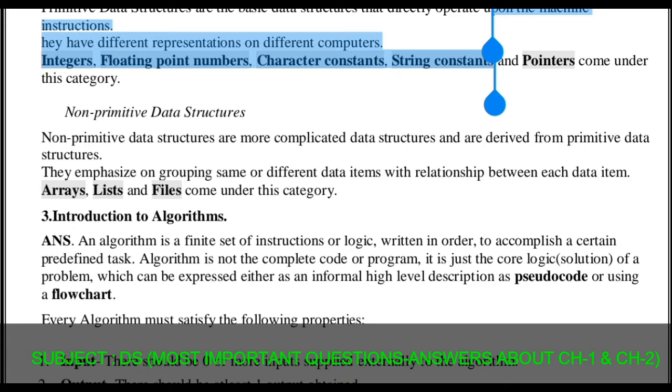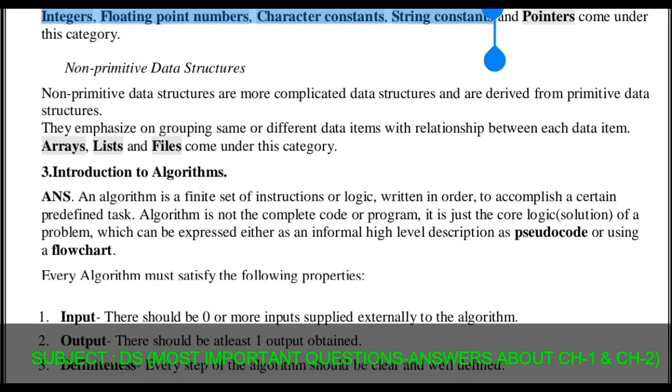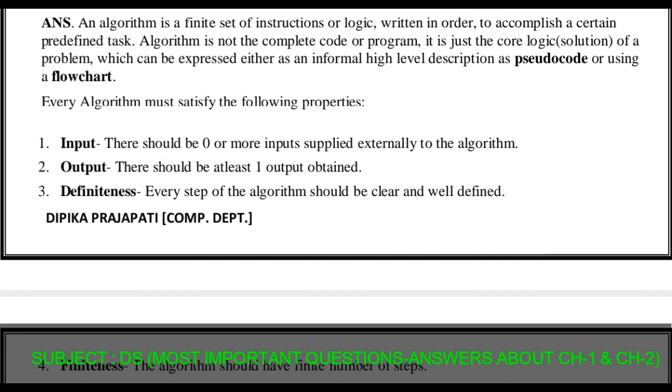The third question from chapter number 1 is the introduction to algorithm. So what is an algorithm? An algorithm is a finite set of instructions or logic, written in order to accomplish a certain predefined task. Algorithm is nothing but a solution given step by step, providing an easy step-by-step solution to the problem. An algorithm is not a complete code or a program, it is just core logic. It means the solution of the problem, which can be expressed either as an informal high level description, as pseudocode,